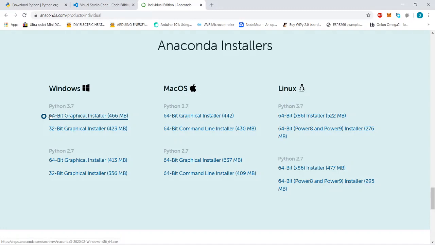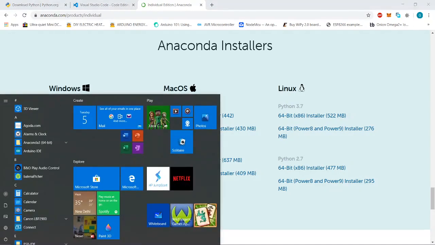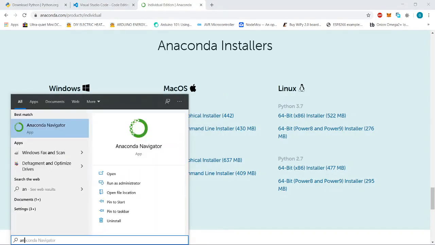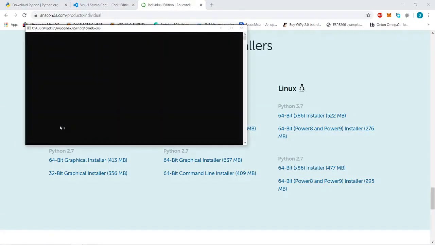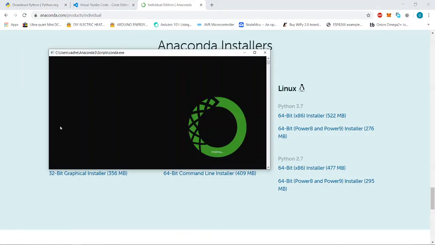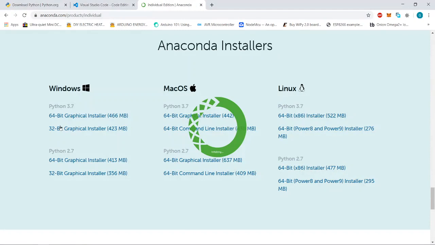After installing Anaconda, go to the start menu and type Anaconda. You should get Anaconda Navigator, so click on it. Why do I prefer Anaconda?